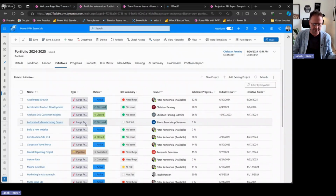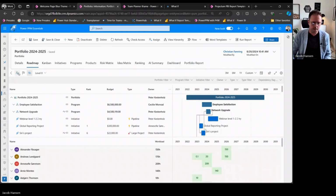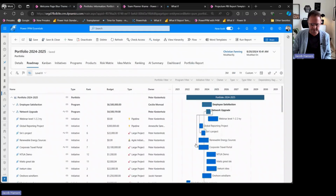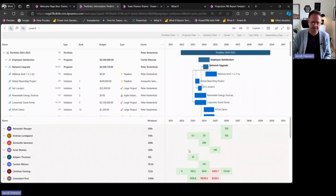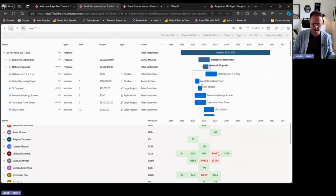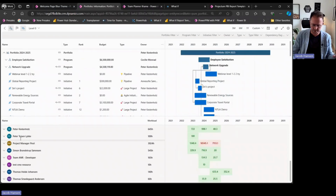So all those projects, they have some resources. Maybe some of the projects are running, some of them are pipeline projects. But if I go to my roadmap of my portfolio, you will see all the projects that have been timed for this portfolio. And if I turn on the resource heat map, you will also see the rolled up data and the resource bottlenecks based on the demand. You will be seeing it from an individual perspective because some running projects have individuals. And you can also see the team resources, the generic resources that they will be booked. For instance, the project manager pool has a very, very high load